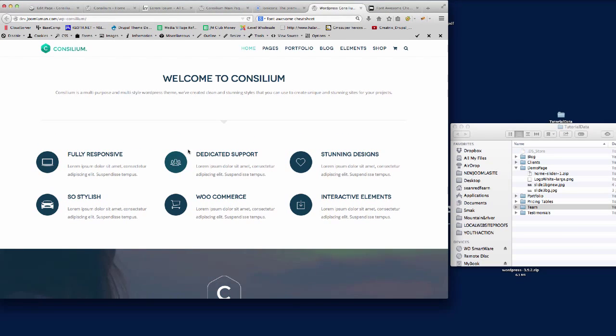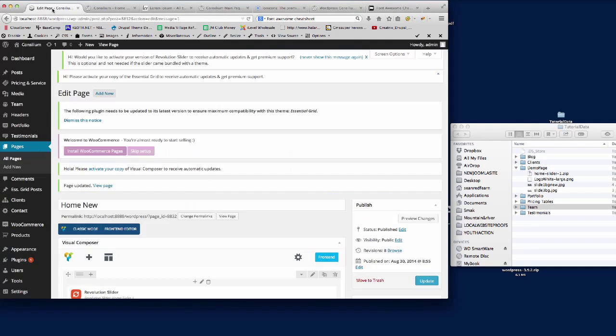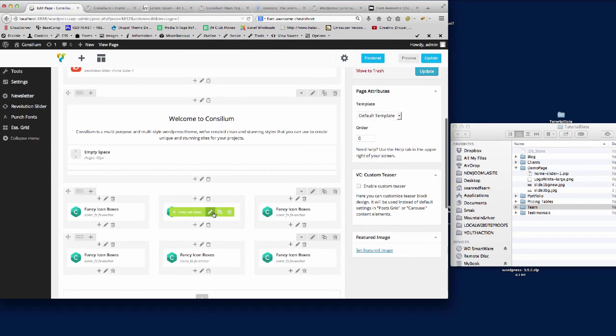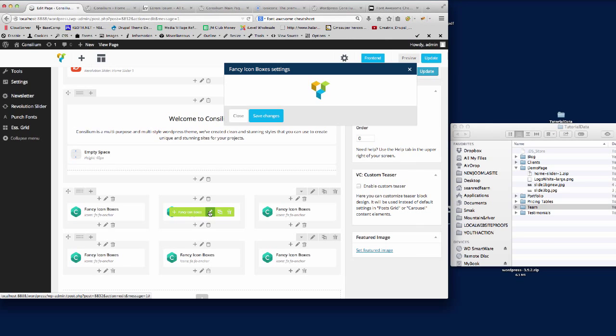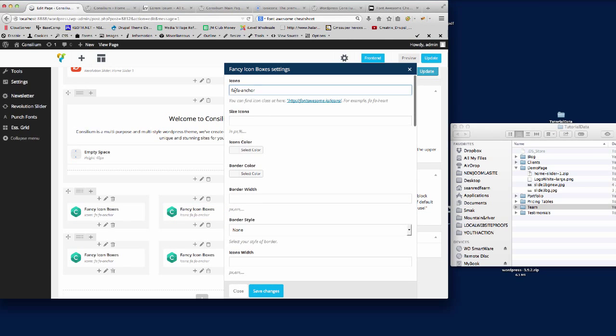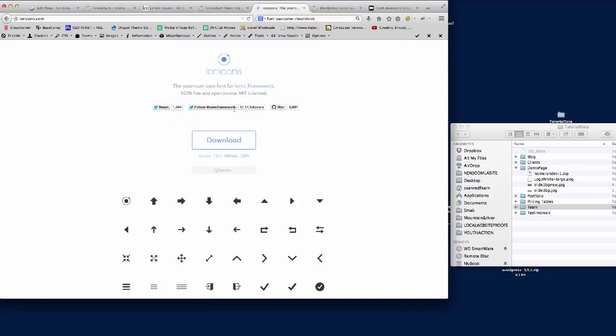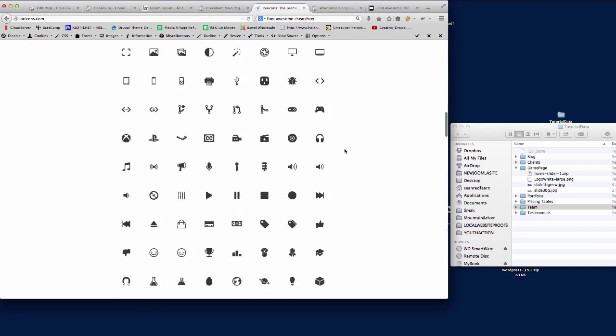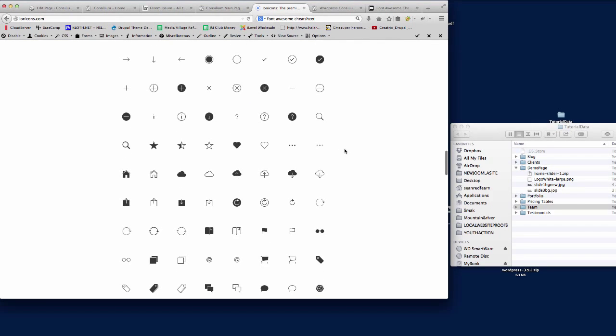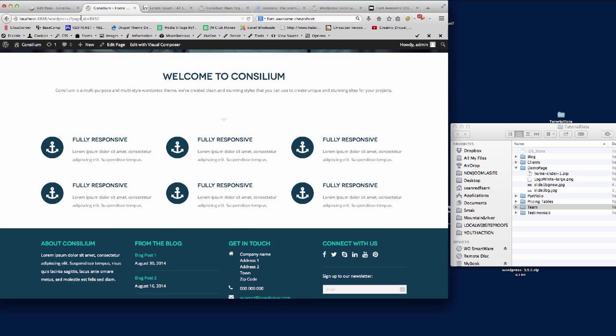I'll go through what I'll do, I'll just change one of these icons to the other icon set that we have in there. So if I go to the second fancy box, now the other icon, so FA is for Font Awesome. The other icon set that we've got is also Ion icons, and the URL is in the documentation. But you can choose from some of these nice icons that are on here, and all you need to do is just click on it, just copy and paste that text,